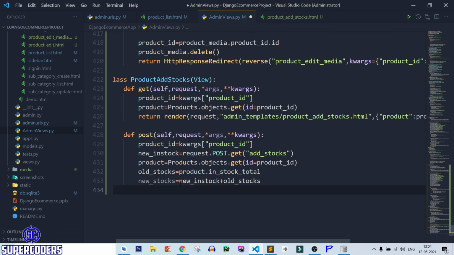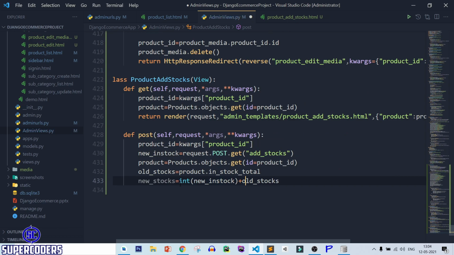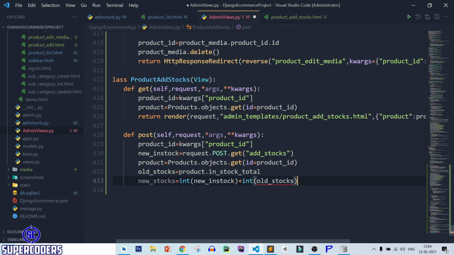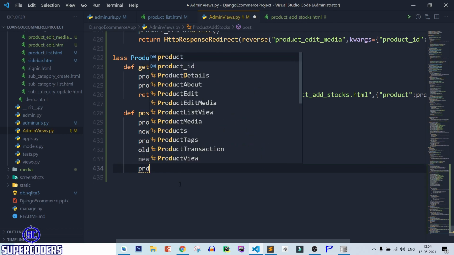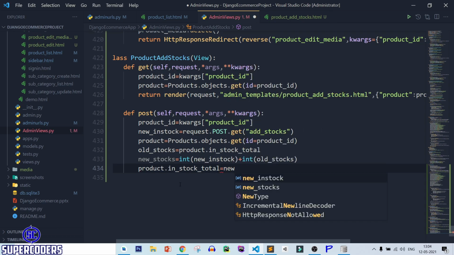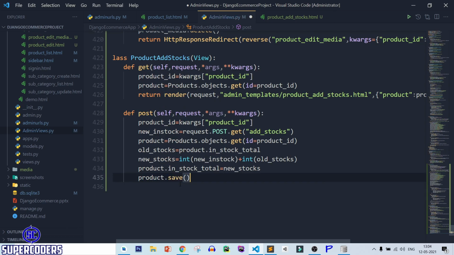After that, let's try to convert into integer. After that, product dot in stock total equal to new stocks, product dot save.